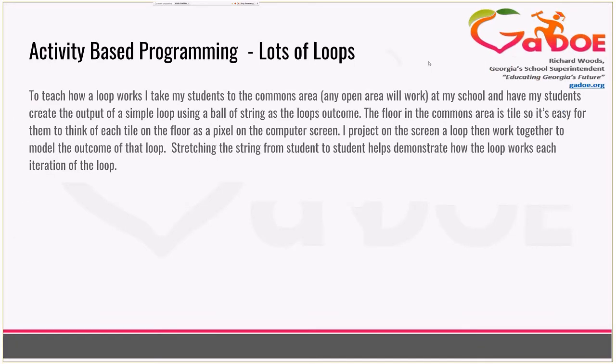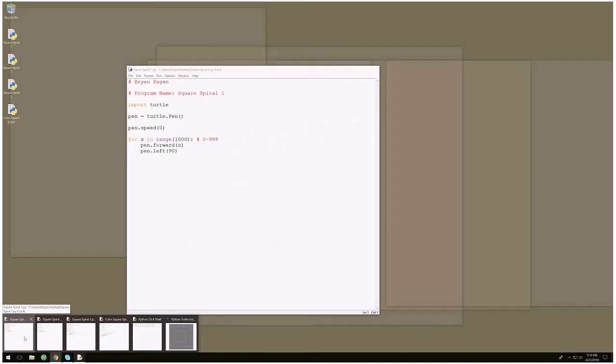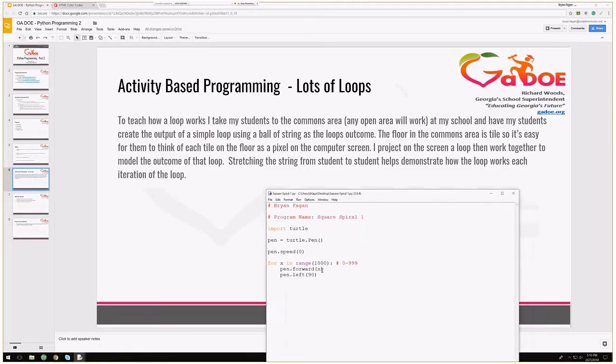So another student takes the string and goes forward 0, right, and turns left 9 degrees. You use the same student for the first one. Then the next student goes forward 1 square, pulling the string with them, and then they turn left 9 degrees. And the next student takes the string, pulls some string, and goes 2 of the tiles, then turns left. And the next student goes 3 tiles, 4 tiles, and you eventually have 25 students